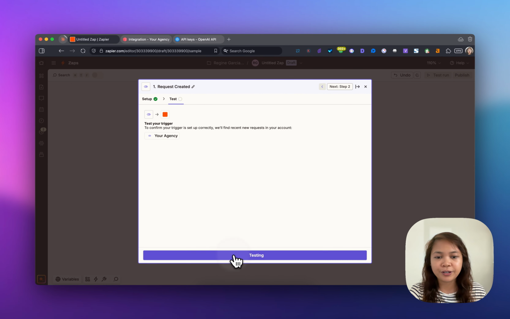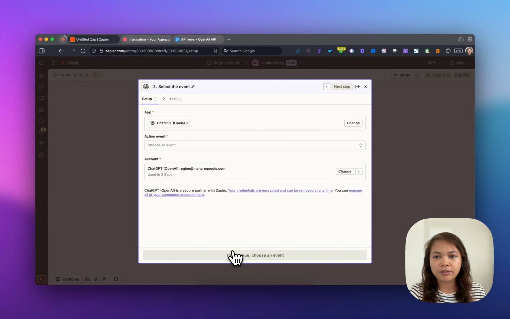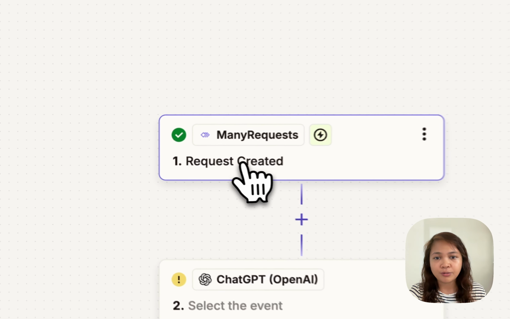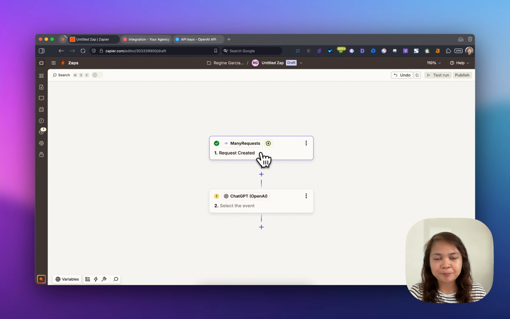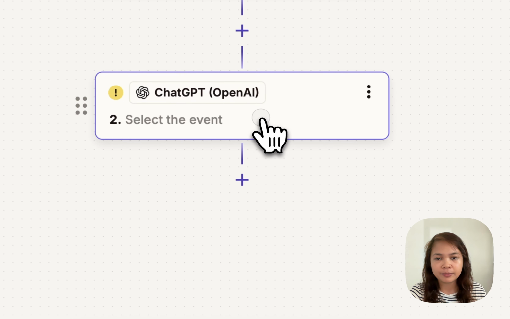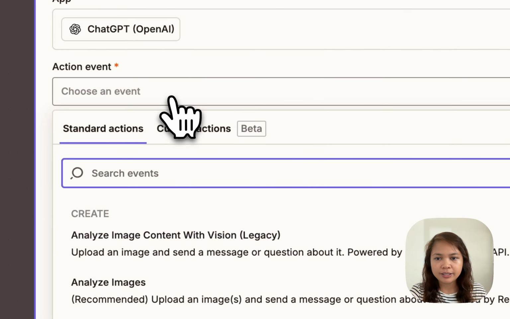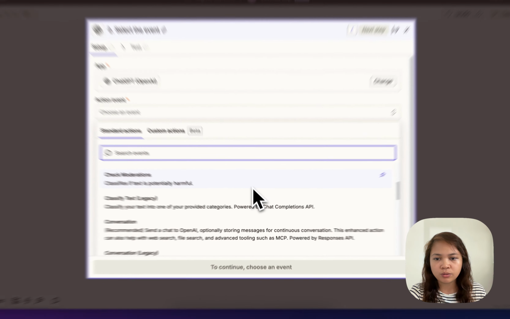Then you can test your trigger, and once it's good, you continue with this. Okay, so once ManyRequest is already validated, let's add in ChatGPT. And since we've already synced ChatGPT with Zapier, let's look for an action event. And our intended action event here is to